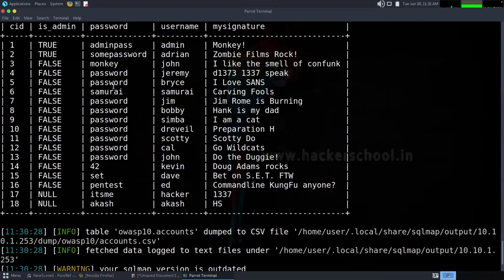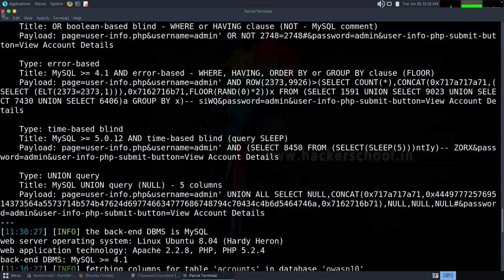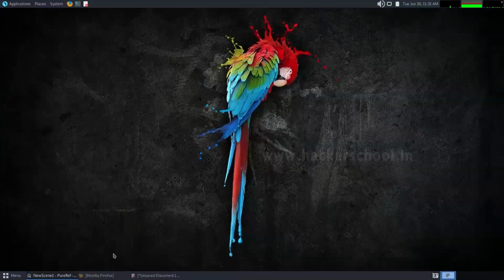So you can also test the same exact thing on the DVWA application also. In this case, we actually abused